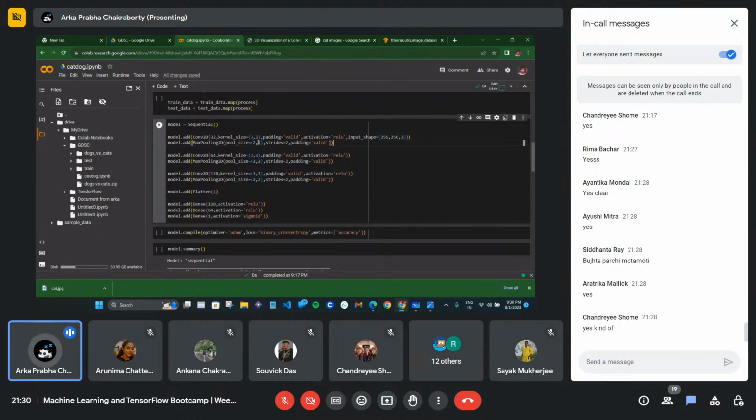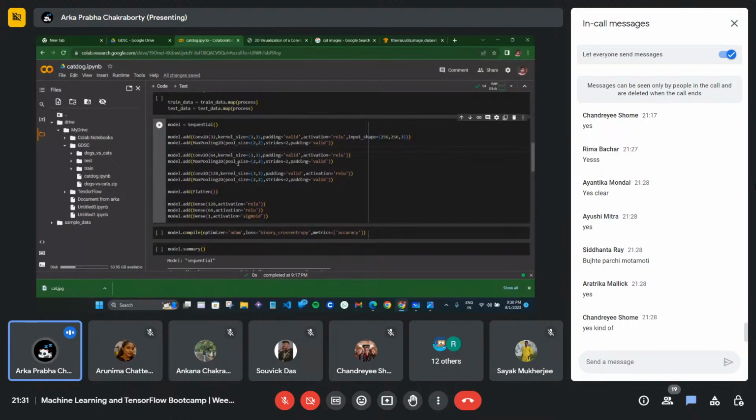Then I am doing the max pooling layer for compressing in the first step. Then I am doing the convolution layer again. Now I am giving 64 filters, and the kernel size is 3 by 3. I have explained this: the kernel size, the filter matrix will be applied to the whole image from first to end. Again there will be some activation function.